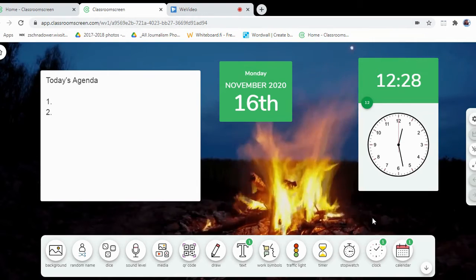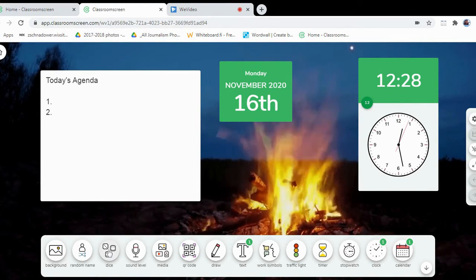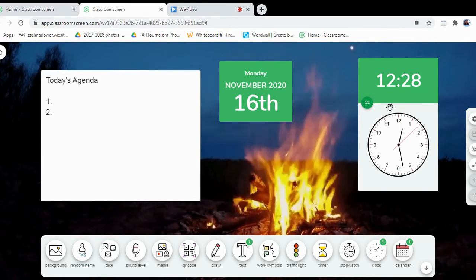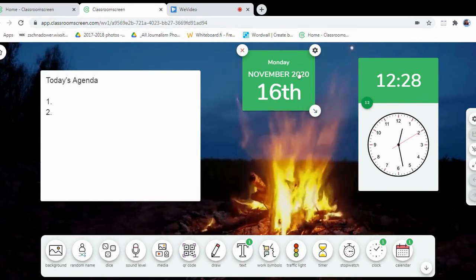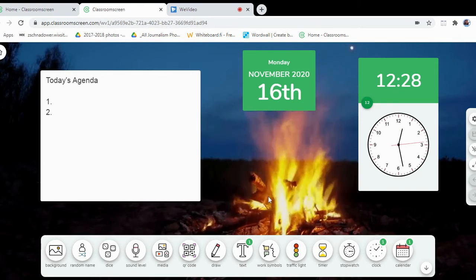But if you want to be able to work with this and change things, so for example, for the dice or for the traffic light, you want to be able to share this in real time. So you would just have this open on a tab in your computer and just share that tab